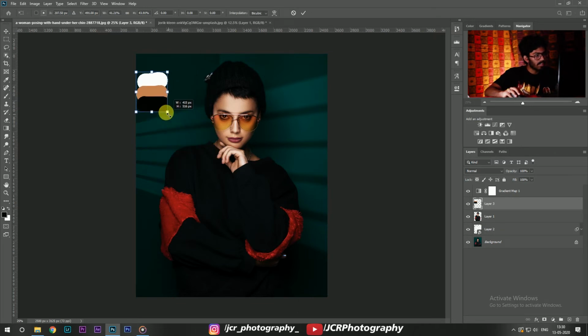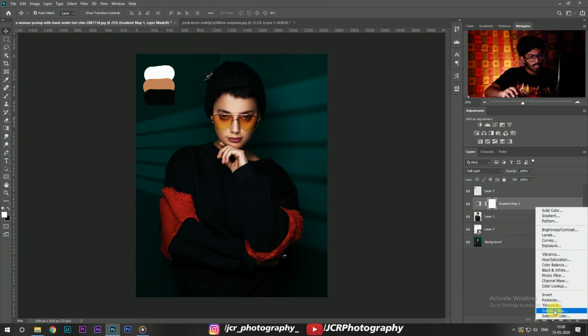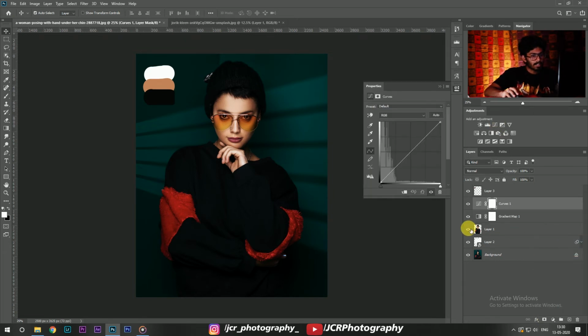You can adjust its size, and then we have to create a curve adjustment layer above the gradient map layer by clicking on this curves adjustment button, or otherwise go to Adjustment, Curves. Okay, curve adjustment layer is created, and make sure that we have clicked on this curve icon, not on the mask.